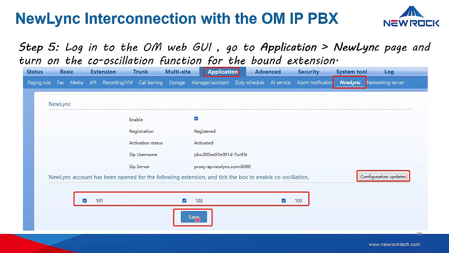So in this way, the extensions, the mobile phone or external line, right? You can quickly initiate a call to an extension by entering the extension number or via the contact list. Or you can one-click dial a colleague's mobile phone from the session address book. Then you can also make outbound calls directly to an external number. All outgoing calls are made through the company line. So with this connection, you have already achieved the interconnection between your OM IPPBX and the Newlink APP.